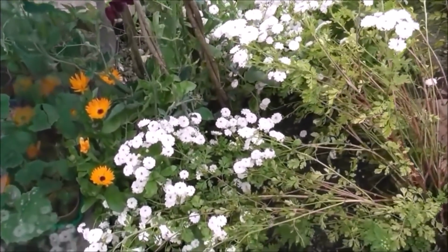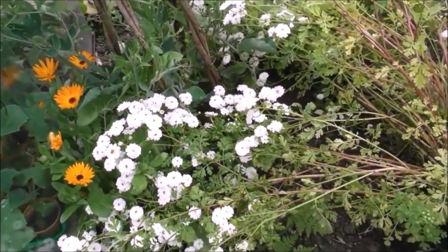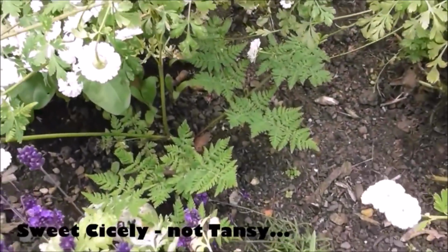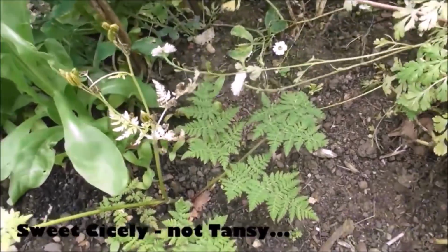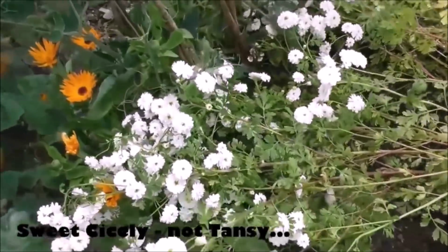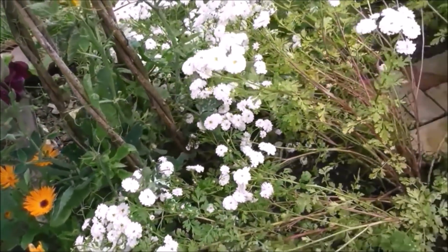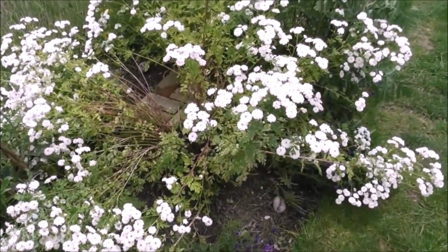Oh, another little pop of calendula. These were all the calendula I basically chucked on the soil and scratched in a bit. The sweet tansy down there, it's another reason for getting this feverfew tied up. How's the lovage doing over there? We can't even see it from here, but it's still there. But yeah, the feverfew is being